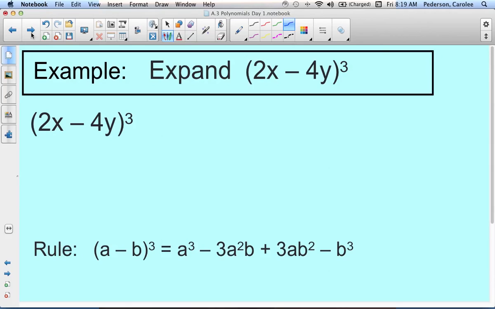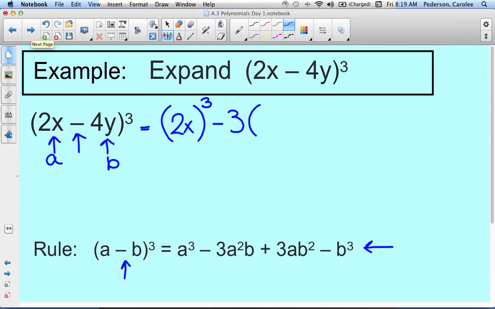Here's an example again of a binomial, but notice the sign. The sign is now a subtraction. So here's our rule that we'll use again. This is our A, and that is our B. So when we substitute in the rule, we say 2x raised to the 3rd minus 3, 2x raised to the 2nd,